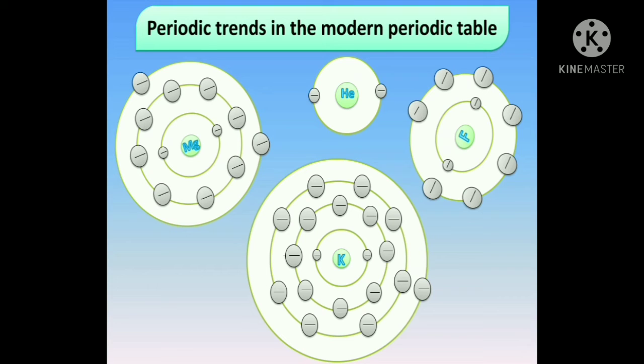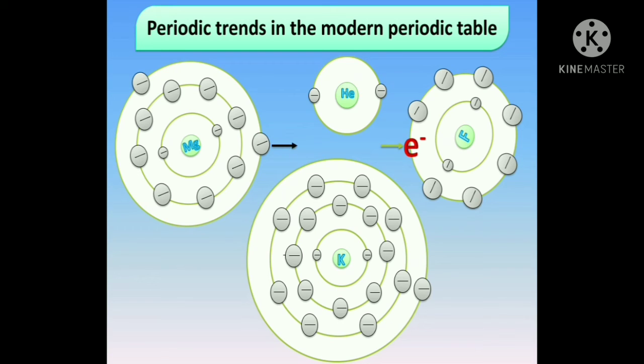Now, if fluorine has to complete its duplet, then it has to lose all 7 electrons, or it has one other option, that is, if it has to complete its octet, then it can gain 1 electron. It is easier for fluorine to gain 1 electron and complete its octet. So, fluorine likes to gain 1 electron and complete its octet, and the valence electrons of fluorine are 7.